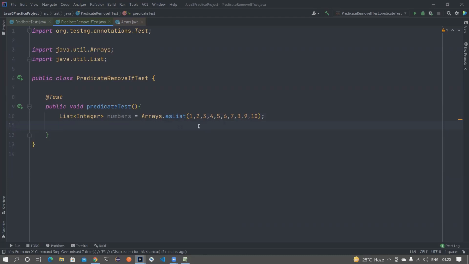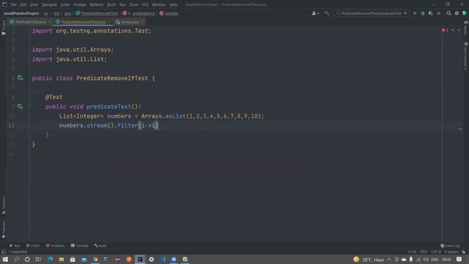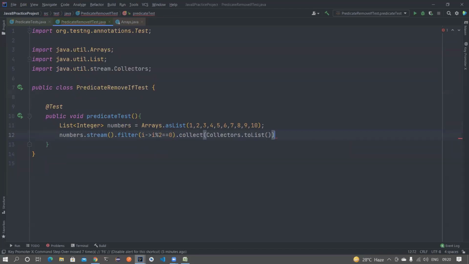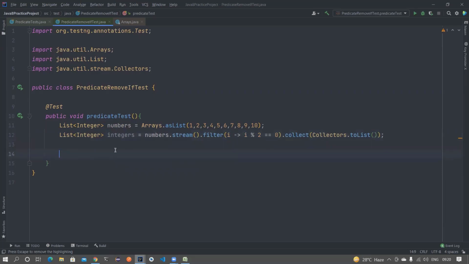Normally, if you haven't watched the Java 8 playlist so far, then you might do it in the conventional way of having a for loop, doing all the iterations. But someone who has watched all this can also think about using a stream, filtering: if the number is divisible by 2, then only I want to collect them into a list. That's absolutely fine. This is a good way, better than the for loop. But there is an even better way to do this, right? That's when this comes in handy.